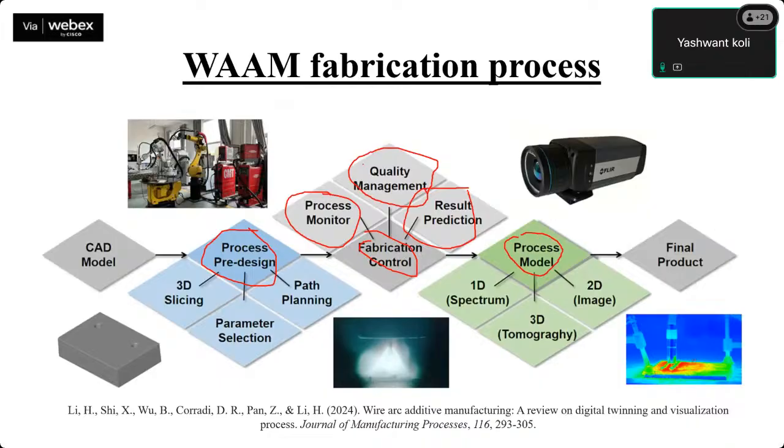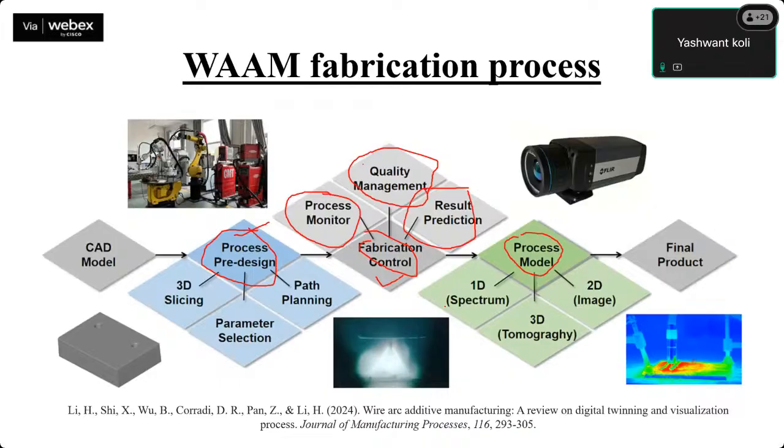So digital twins and machine learning are the integrated part. If we can make these two pillars strong, digital twins and machine learning, they influence and optimize this process. Pre-design and fabrication control, both can be optimized by using digital twins and machine learning. Okay, so coming to the